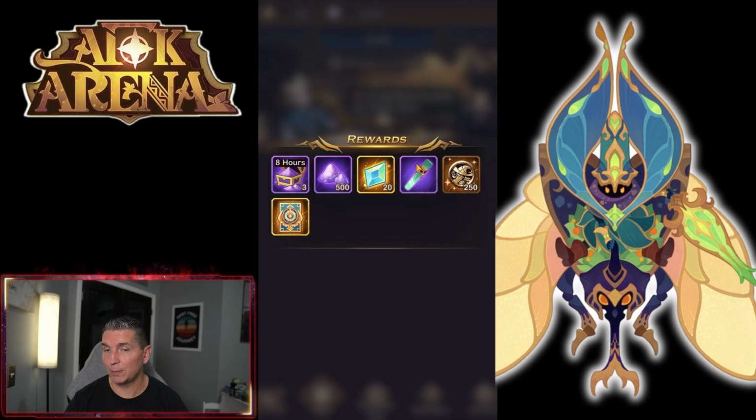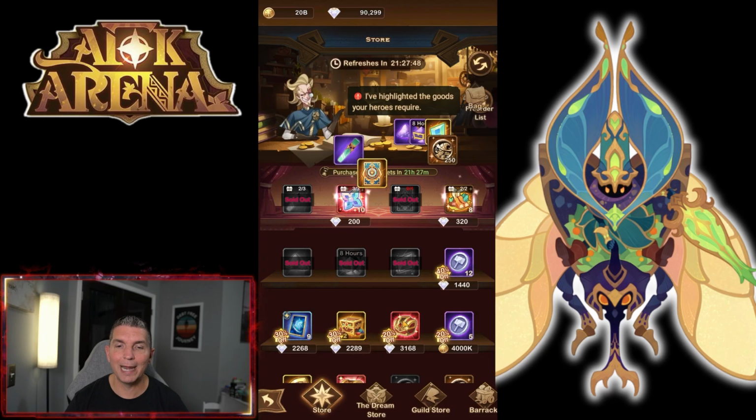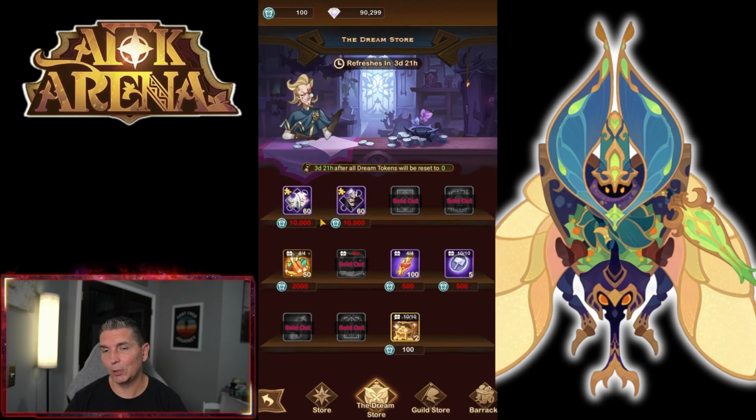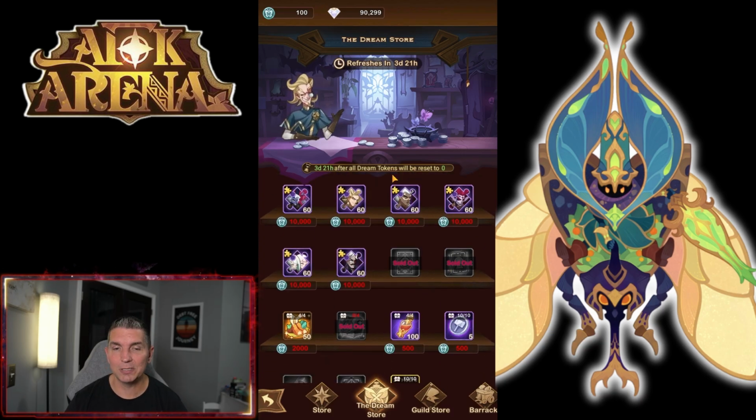So purchasing actually both of these, as well as our time emblem, which we're at 435 right now, waiting to see what the next hero is going to be with the Wilder. Now, within the Dream Store, you can see buying pretty much everything that we want out of here. Again, looking at the heroes in the top, not really a reason to get any of them at this point